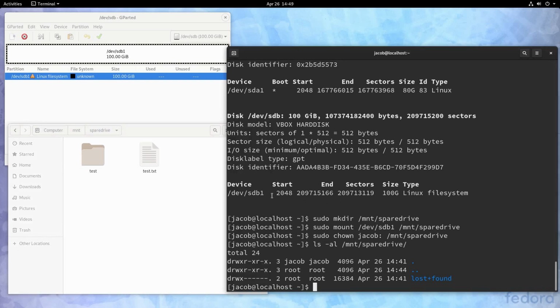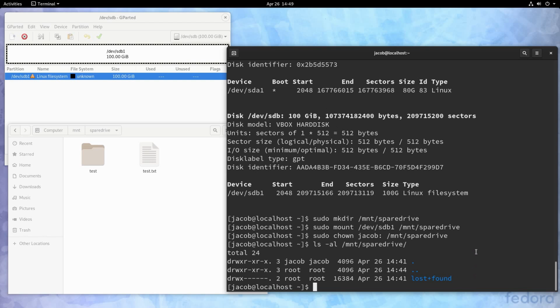Now, like I said earlier, this partition right now is called /dev/sdb1, and we could go into our fstab and we could add /dev/sdb1, and it would probably work. However, if the name of this drive changes in the future, if we add another drive, and that drive is detected by our physical computer as /dev/sdb, and then this drive turns into /dev/sdc, then we're going to be mounting the wrong partition to this mount point. So if these names are unreliable, how are we supposed to reliably make sure that we mount the same partition to the same mount point every time we boot?